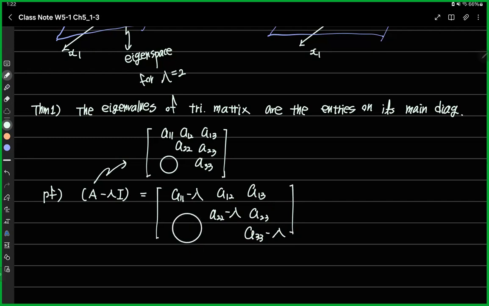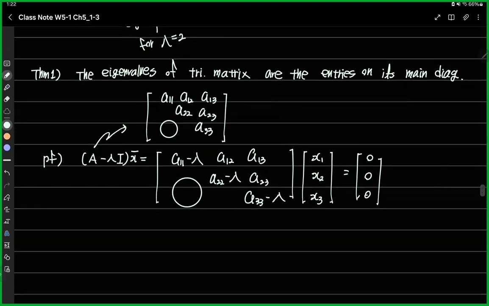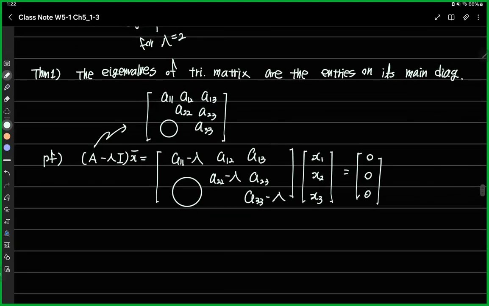A minus lambda I times x bar, with x1, x2, and x3, is equal to the 0 vector, right? 0, 0, 0. But think about this: in order to have a non-zero, non-trivial solution,